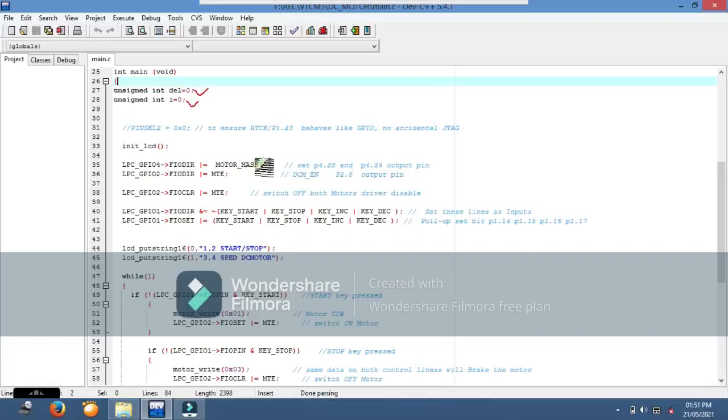First, we are defining the two pins, 28 and 29 of port 4, which are connected to the DC motor.